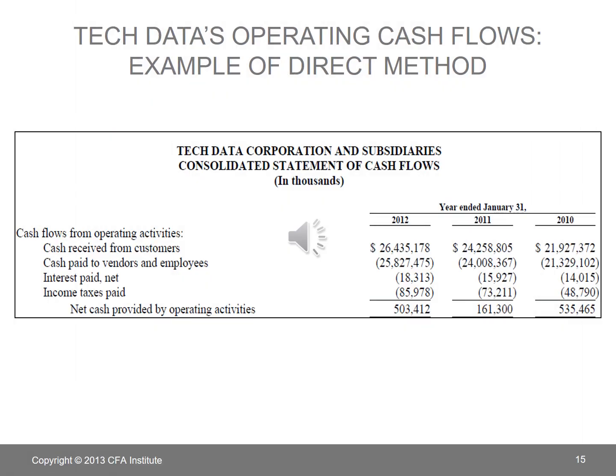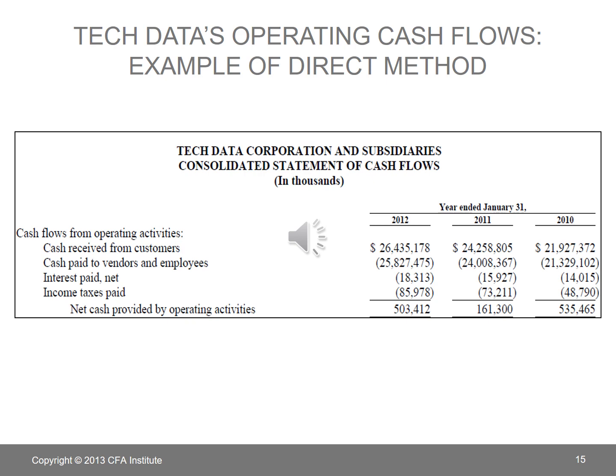Here we can take a look at a direct method cash flow statement. This is Tech Data's statement of cash flows. We are using this as an example of the direct method of presenting operating activities. Now, it is called direct because it does not start with net income, rather it just shows cash collected from clients right away. Tech Data is a US GAAP reporting company, and note that US GAAP requires interest paid